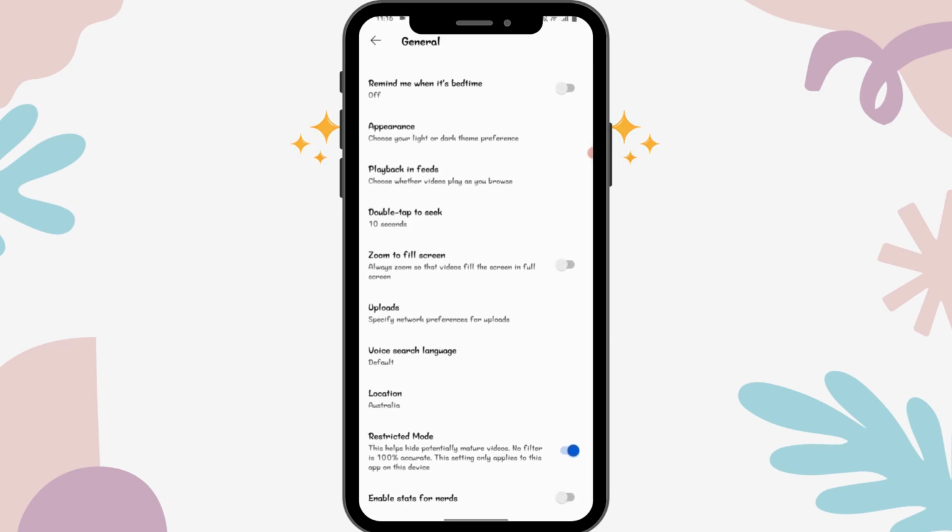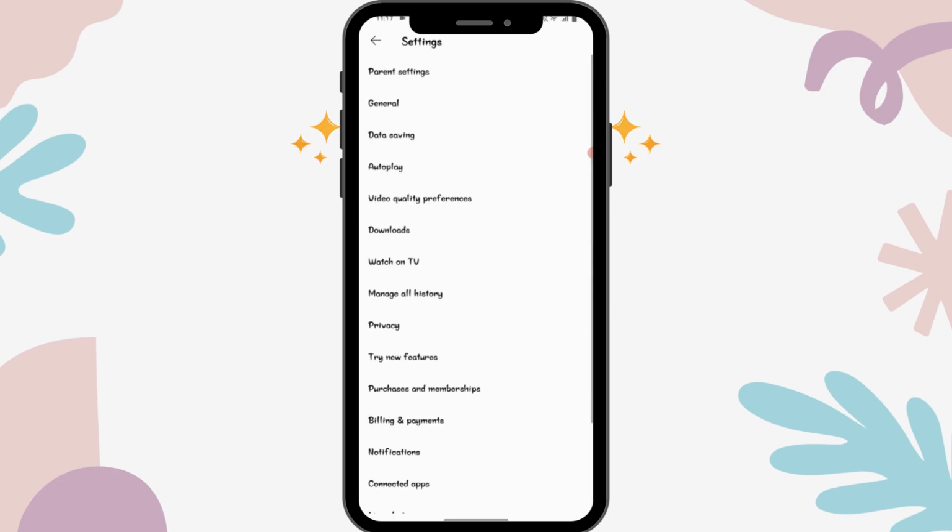Now if you want to fix your YouTube comments, then what you have to do is scroll down, and on the second option you will find restricted mode. So if your restricted mode is turned on, then you won't see the comments. So simply turn off that restricted mode, and if you go back,